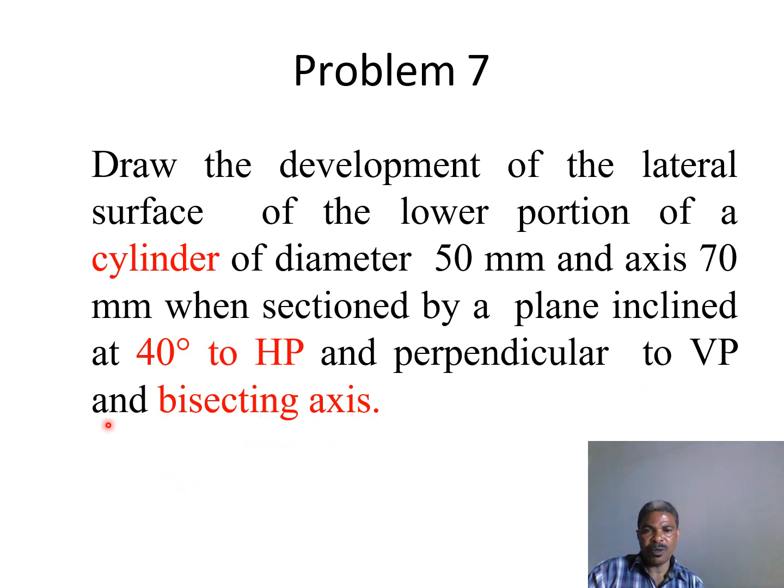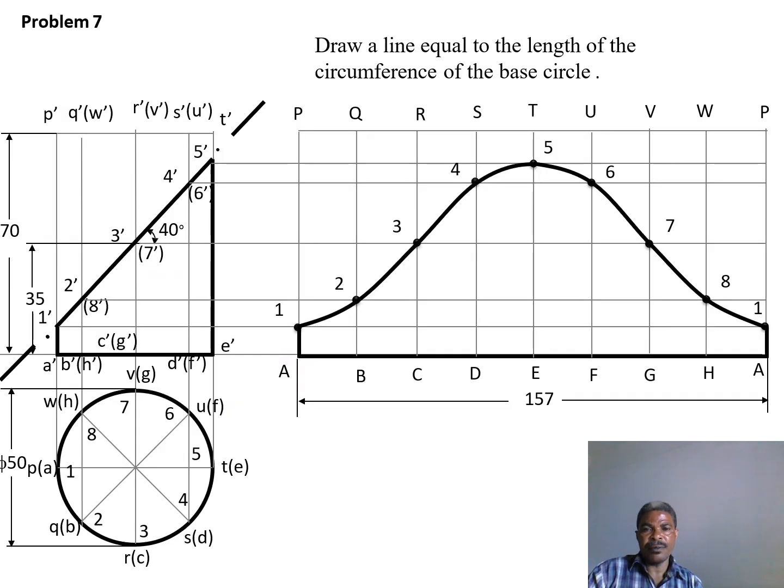It's very important to note bisecting axis. Let's see how it is done. So the axis is always regarded from the base out to the upper part of the cylinder. So our cylinder